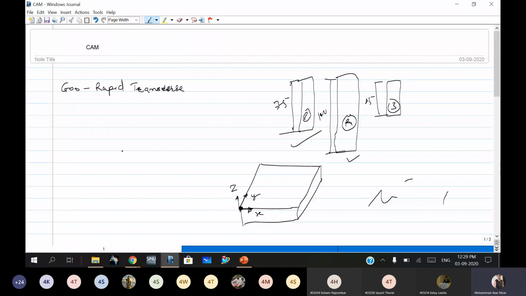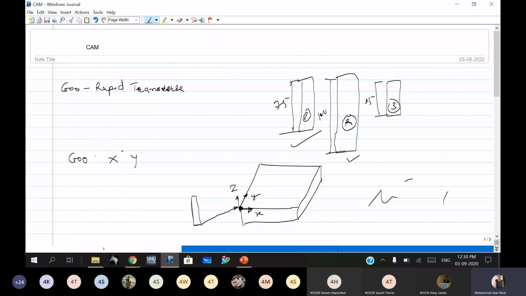Okay, so what is the use of this code? When I use this code G00 in my programming block, then the tool will move rapidly. You have to give the feed also. Suppose the tool is over here, and there is no machining operation required. So I have to bring this tool from this position to this position. So I will give G00, and then x direction, y direction, and z direction.